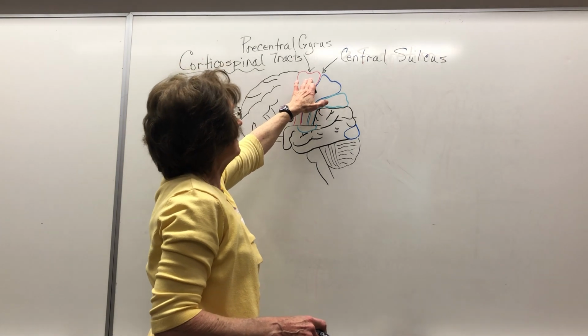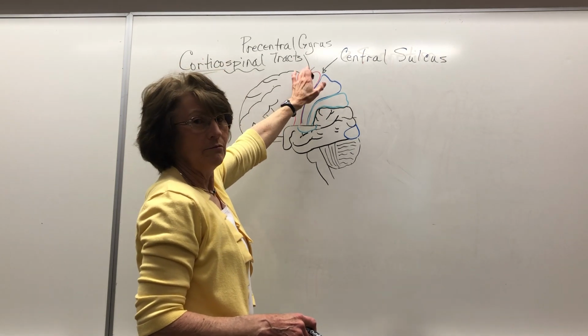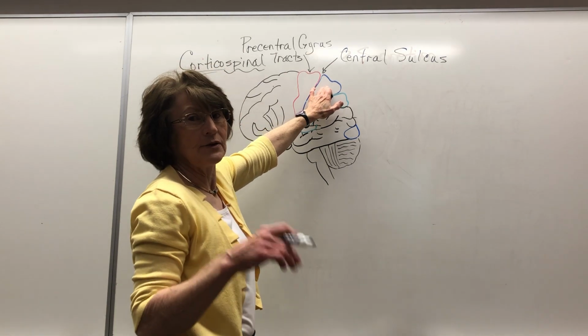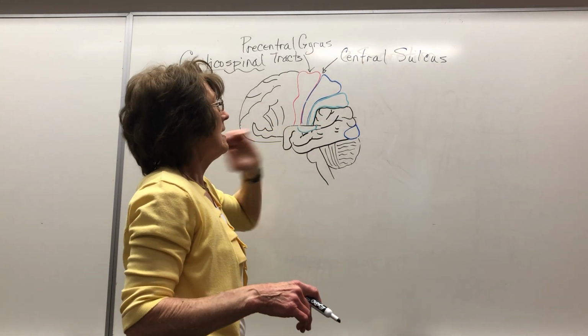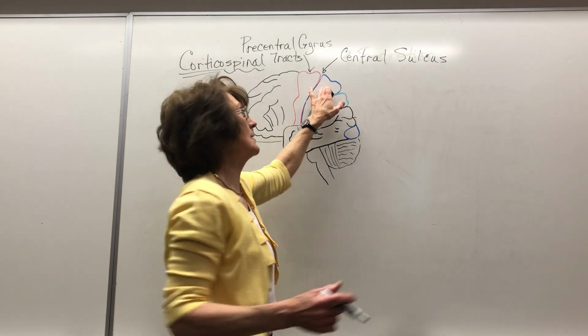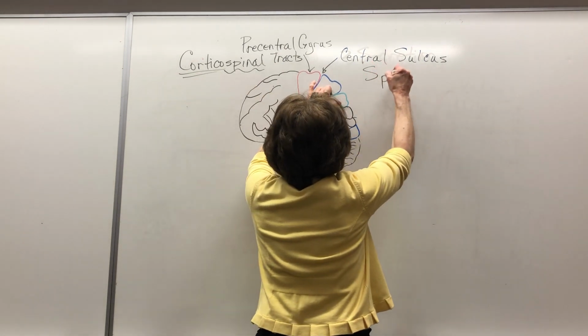So we've got this one. This is the primary motor cortex. This is the primary somatosensory cortex. Somato meaning body, and sensory, of course, bringing in the sensory. This one